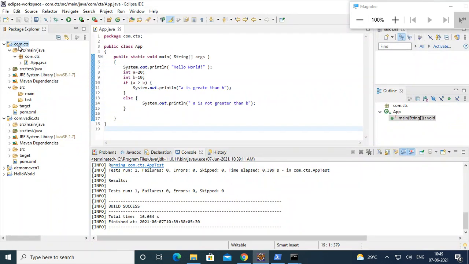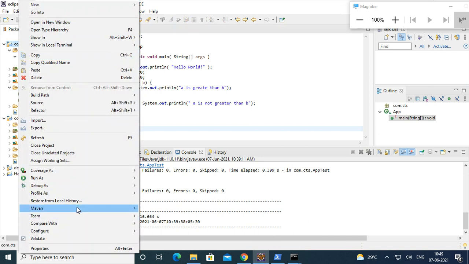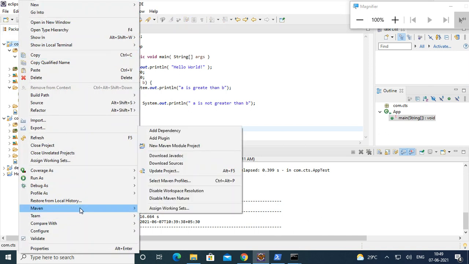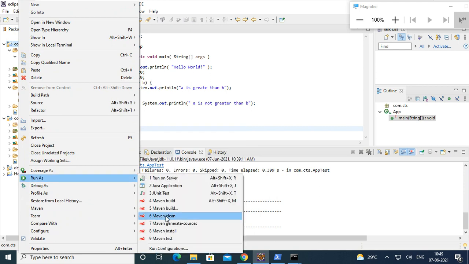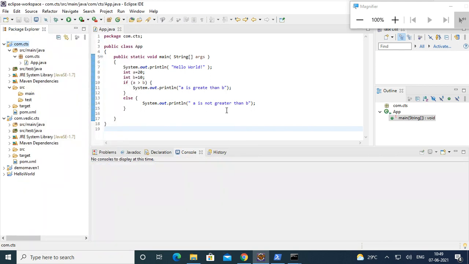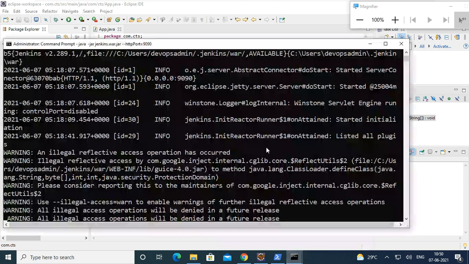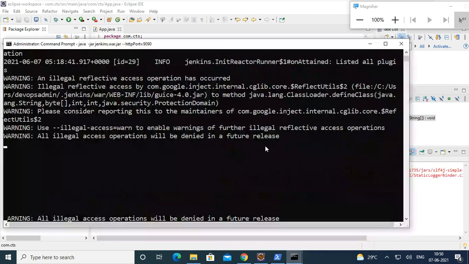My project is in Eclipse, right? See, this is Maven, run mvn clean. First I do clean, then later I will do other things. So what about my Jenkins? Still it is showing illegal.